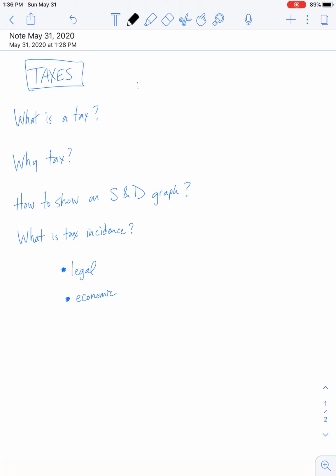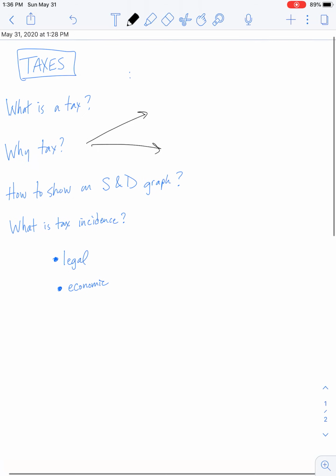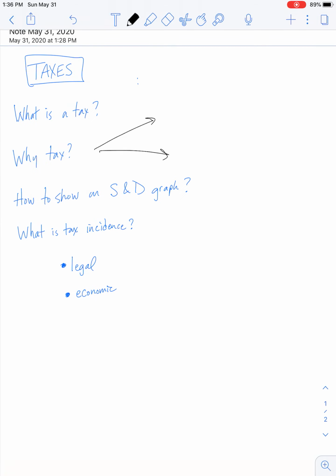Why tax? Well, there's a couple different reasons that we could think of here. The main one is because if governments are going to do things, if they're going to provide services, they need to raise revenue to do that. So one reason that governments impose taxes, and probably the main reason that they do it, is to raise revenue. The other reason that they may impose taxes is to modify behavior. These are, I believe, the two biggest reasons. Maybe there are other reasons why governments impose taxes sometimes, but these, I think, are the two big ones: to raise revenue and to modify behavior.